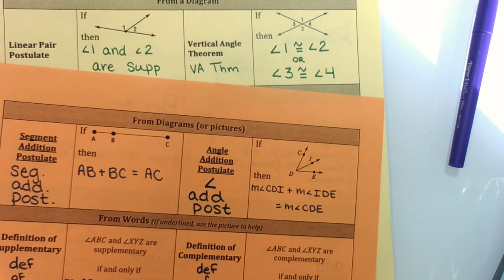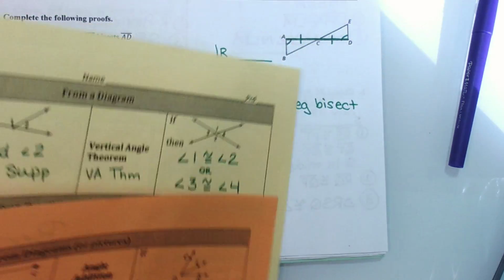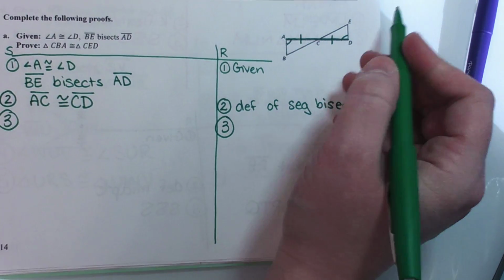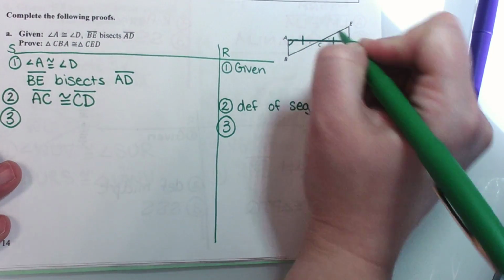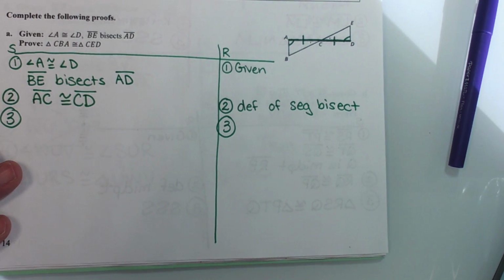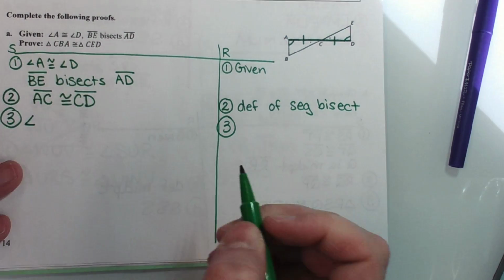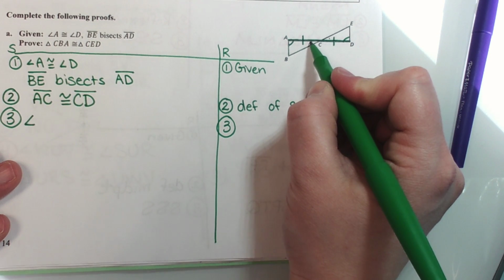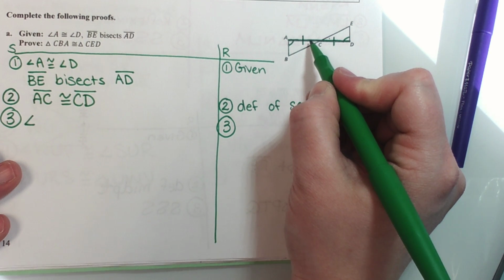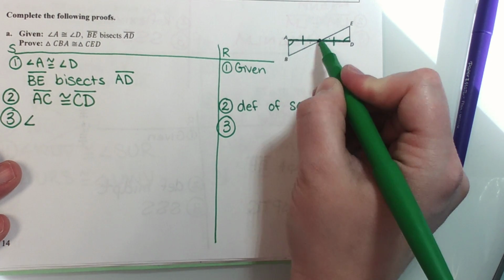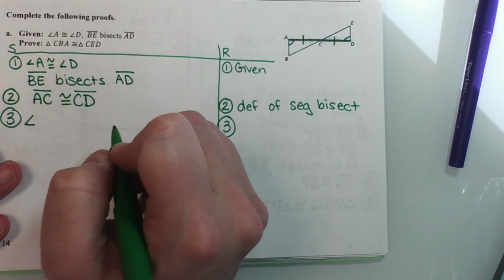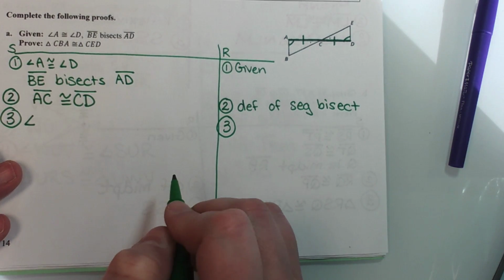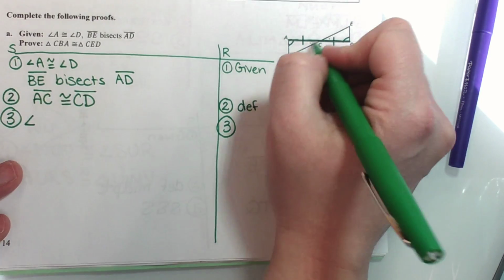Which one actually shows up in these proofs? Vertical angle theorem. Do I have vertical angles? Yes. I see the X right here. That angle and that angle are across from one another on it. They're both in the triangles, so they are congruent. What's the name of this angle? Need to use a three-letter name. ACB. Angles are either one letter or three letters. You cannot use one letter if there's multiple angle C's. So ACB